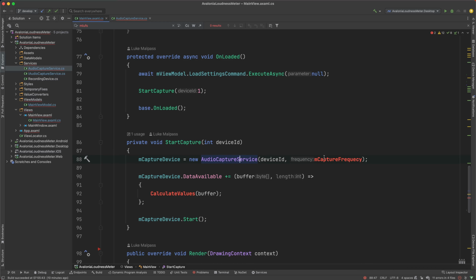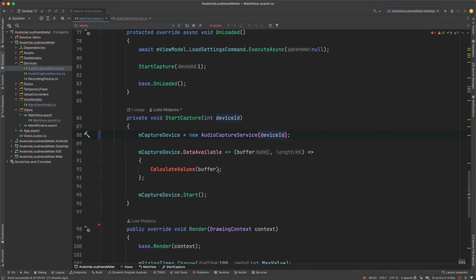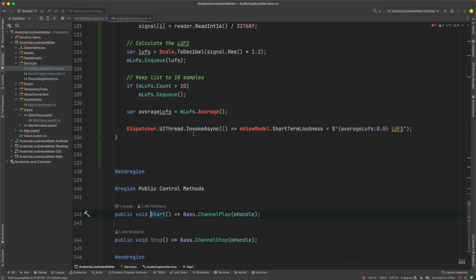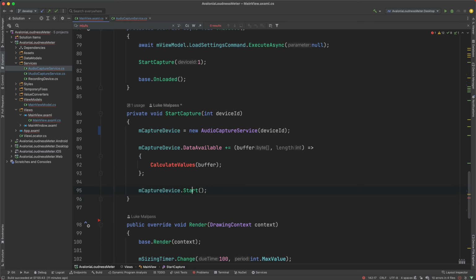So now we spin up this. Capture frequency is defaulted already, I think, so we'll remove the capture frequency from there. And then, yeah, we call start. But I guess, yeah, I'm just not keen on this kind of an audio capture service for a device. But I guess in one way, you can have as many capture services as you like and just specify a different ID, and it keeps it encapsulated to that device. So, to be honest, we probably will. It's just